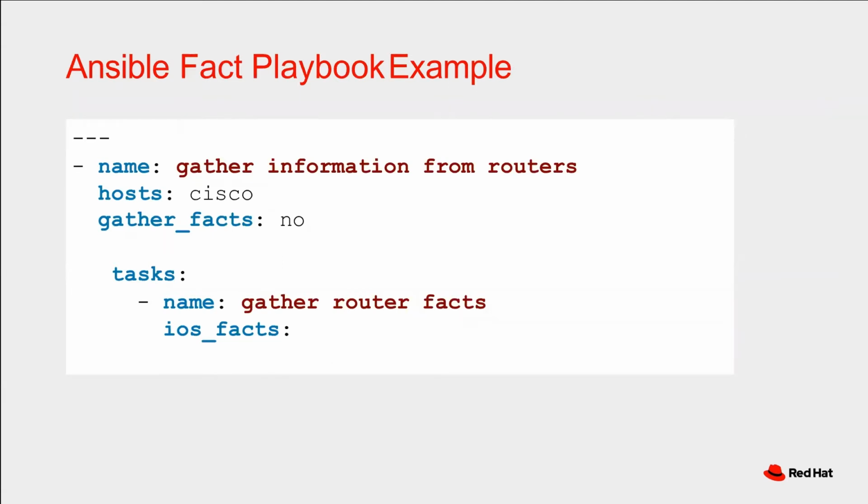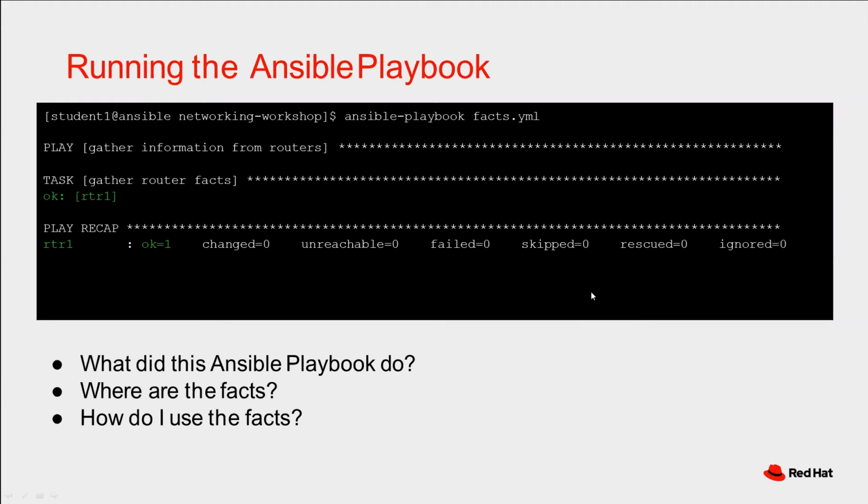So here's an example playbook. We don't have to give the ios_facts any arguments for it to work. We can just give it ios_facts as the module name, and then it will gather those facts. And as we're going through the exercise, we'll see the power of the verbose, because when we run just the facts module,